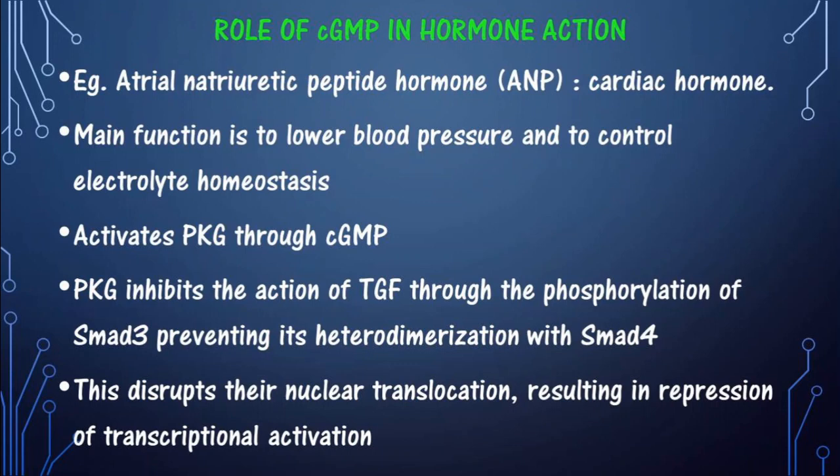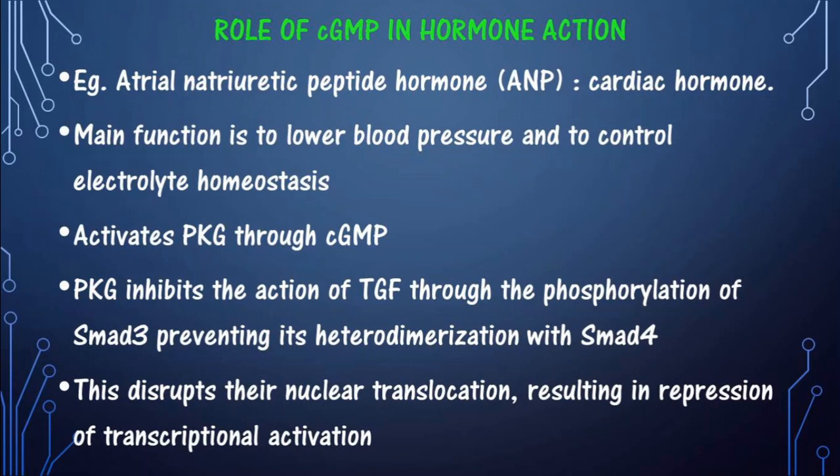So this activates PKG. So what you have to consider is cyclic AMP activates PKA, calcium activates PKC, cyclic GMP activates PKG. PK stands for protein kinase. So protein kinase A, protein kinase C, protein kinase G. So cGMP activates protein kinase G, which inhibits the action of